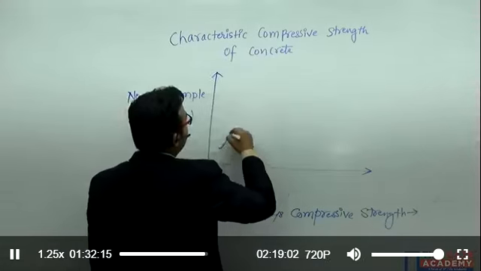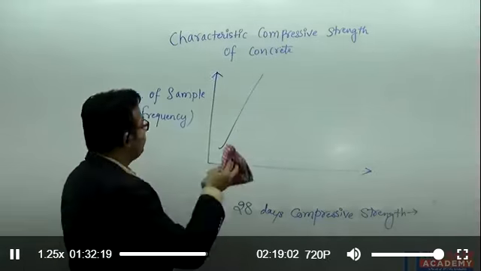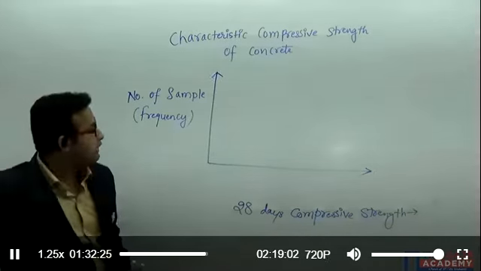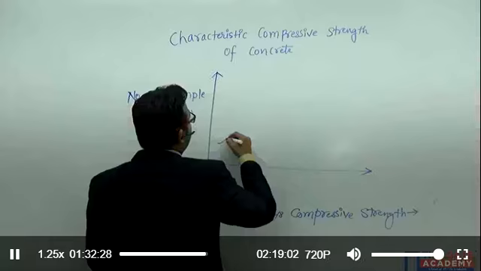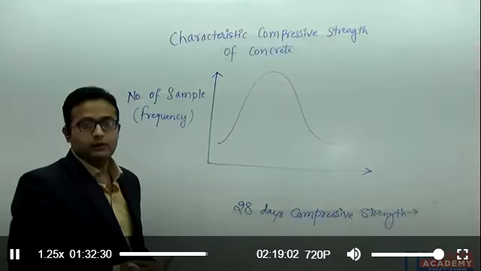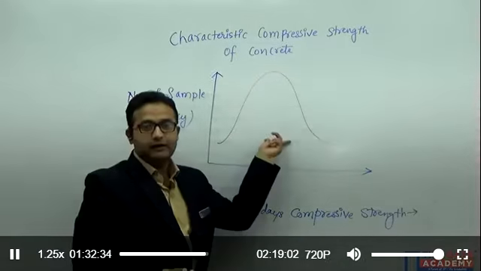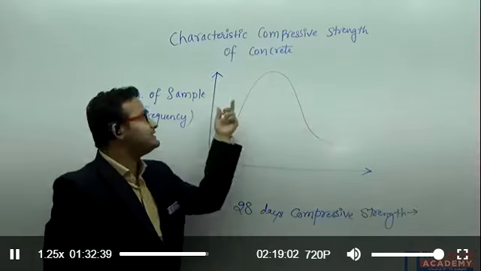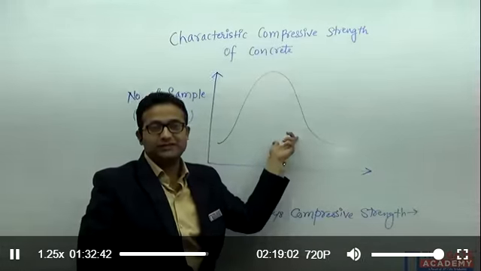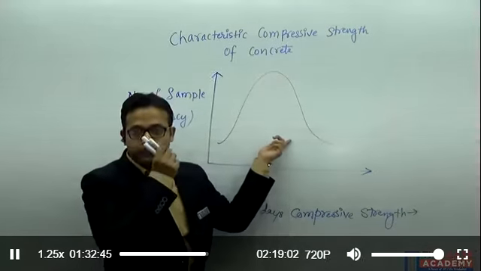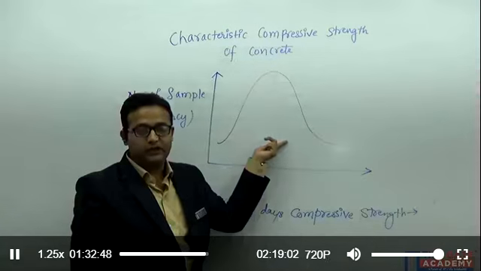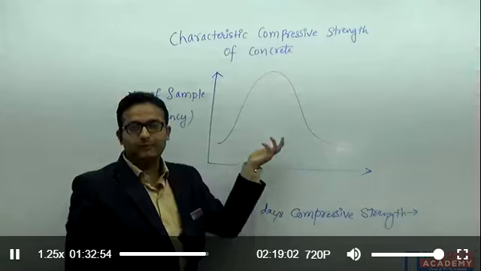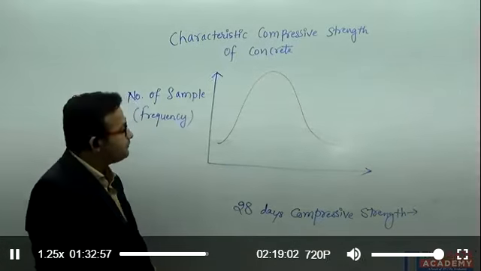So I found a normal distribution. This type of figure I am getting if I take the compressive strength on the x-axis and the total number of cubes on the y-axis. I get this type of distribution, and I assume the distribution to be a normal distribution. Means I assume the cube strength is normally distributed. This is a normal distribution. So as per the definition,